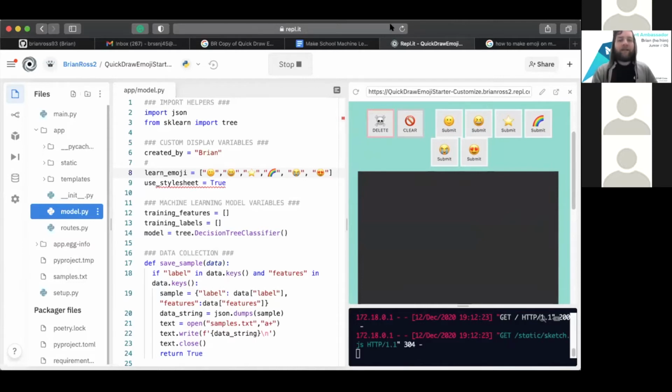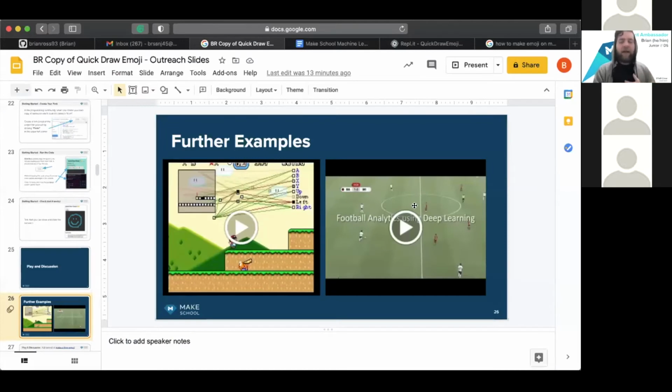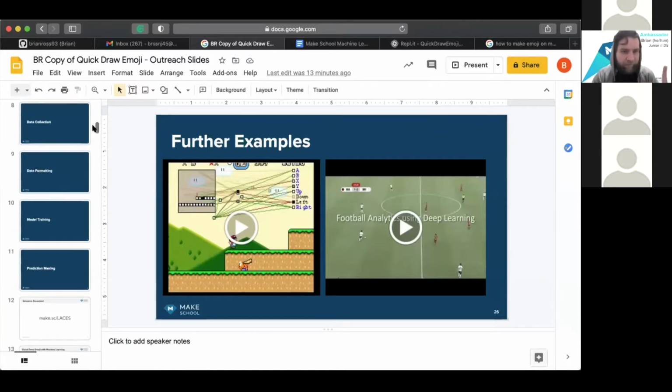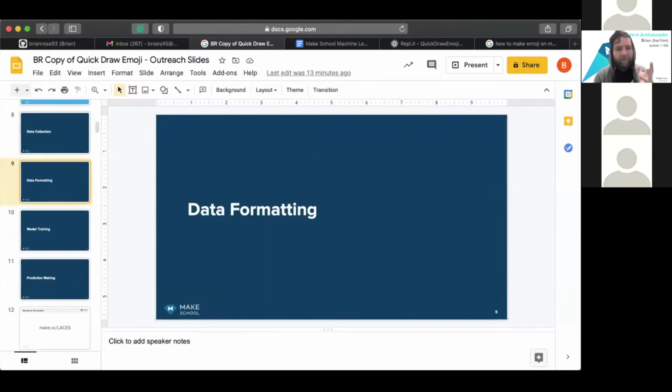All right. So someone said they like soccer. I want to show you a video real quick, and then we'll get back over to that. But when we talk about our 4 steps, right? Think about these 4 steps in mind: data collection, data formatting, model training, and prediction making. Just keep that in the back of your head, because when we watch these next 2 videos, first we're going